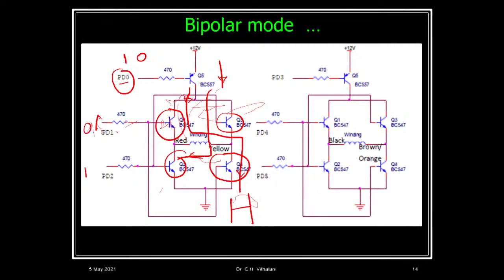And the same bridge configuration is used to drive the DC motor, because in a DC motor only one winding will be there. In a stepper motor two windings will be there. So one H bridge like this can drive the DC motor. And because of this arrangement, you can rotate the motor either in a clockwise direction or an anti-clockwise direction. If this combination is 1 0, your motor will rotate clockwise. If it is 0 1, then your motor will rotate in an anti-clockwise direction.